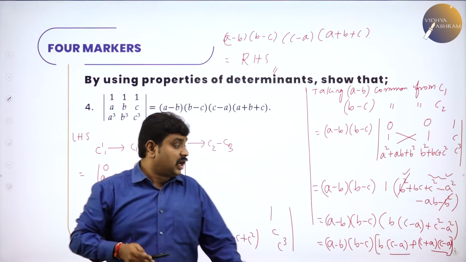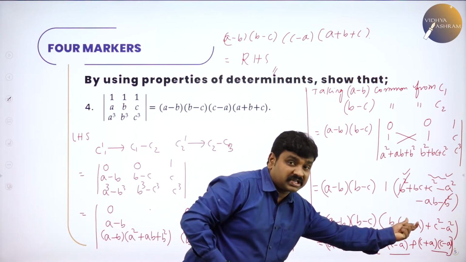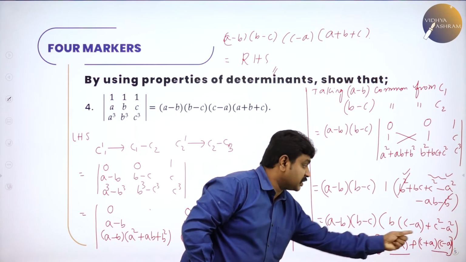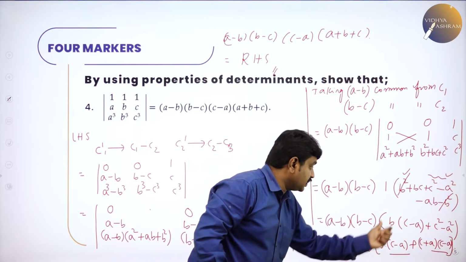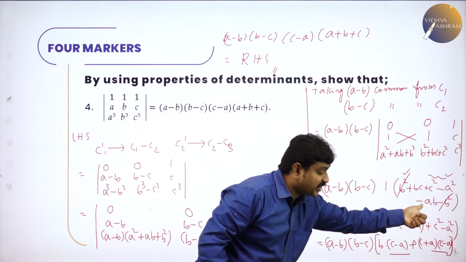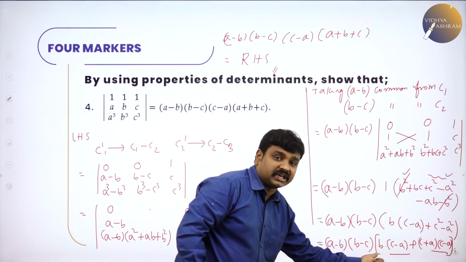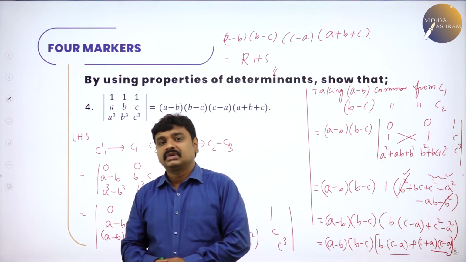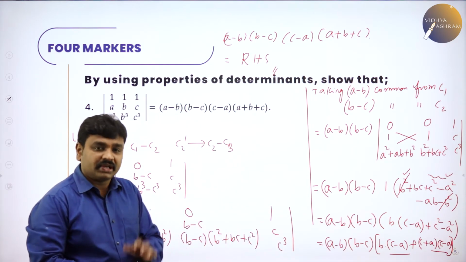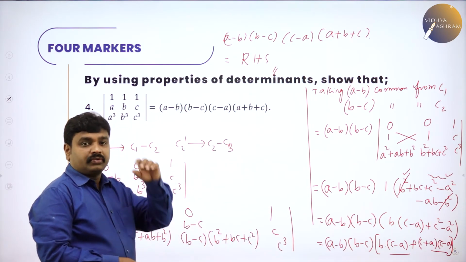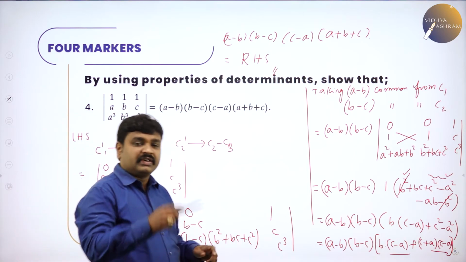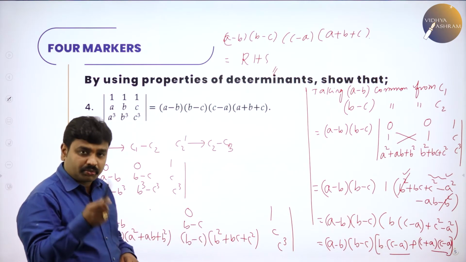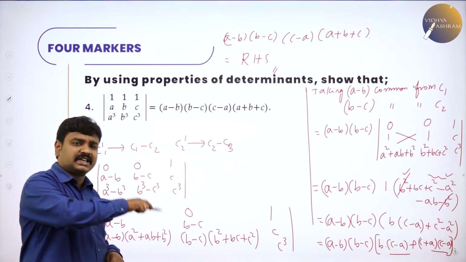It's interesting. After you expand, grouping C square minus A square and writing C square minus A square as C plus A into C minus A is important. And in these two terms, BC and minus AB, taking B common is important. Afterwards, you can take C minus A out and we'll get the answer. This is also an interesting, simple, important problem. So now we have done 4 problems. And every problem has appeared in your past board papers. These are all NCERT exercise problems.